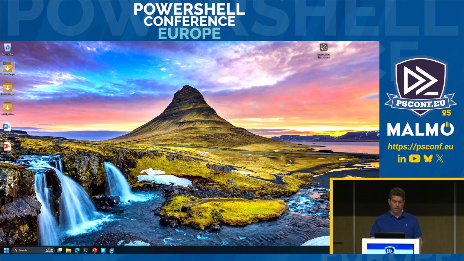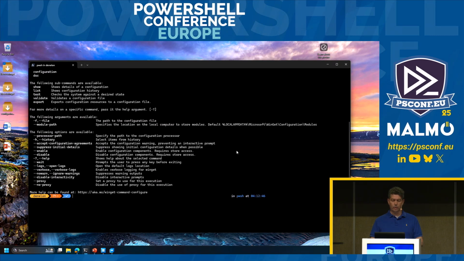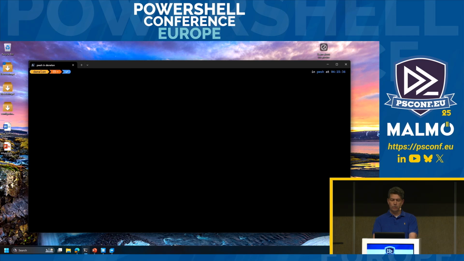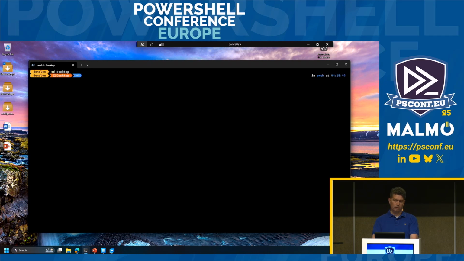So now that I've got my system configured in a state other than where I started, I want to be able to capture the state of my device. So I'm going to run winget configure export. I'm going to get back to my desktop so I don't have to go find this. I'm going to specify all, and I'm going to put it in a file named config.winget. It'll just overwrite the one that's on my desktop, so be careful when you're doing this. It's an overwrite type of behavior.